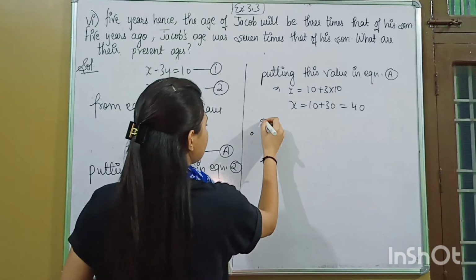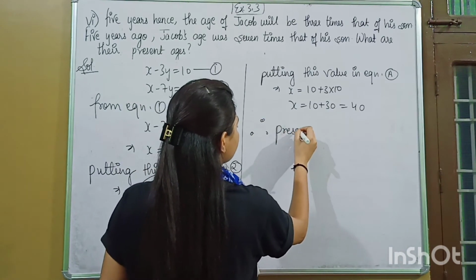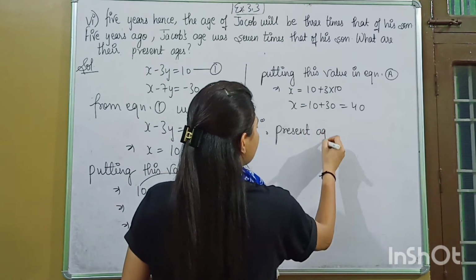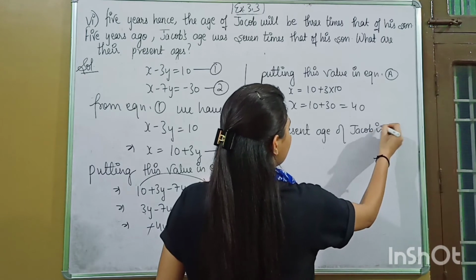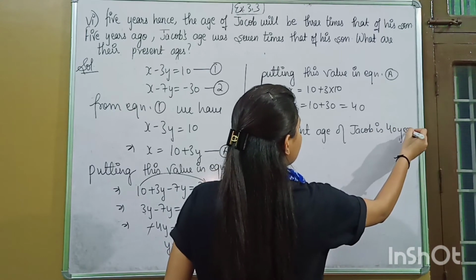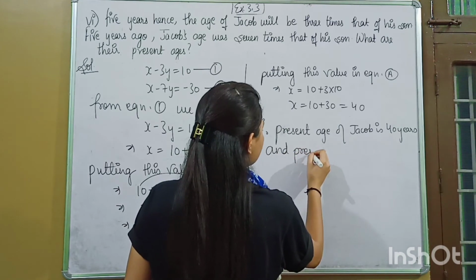So therefore we can say that the present age of Jacob is 40 years and the present age of his son is